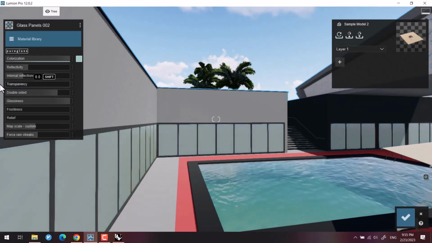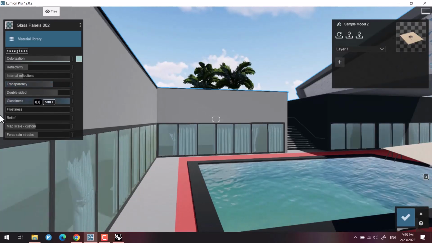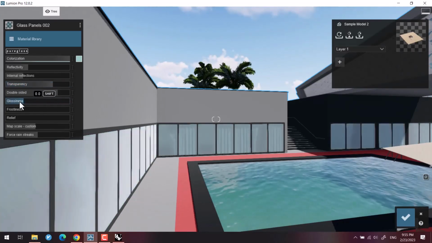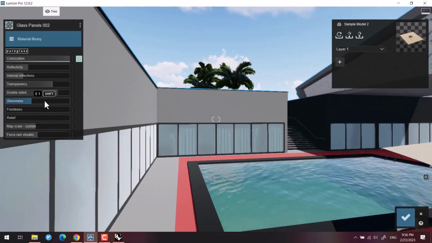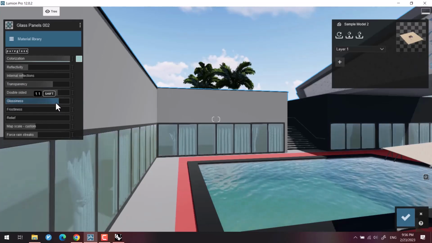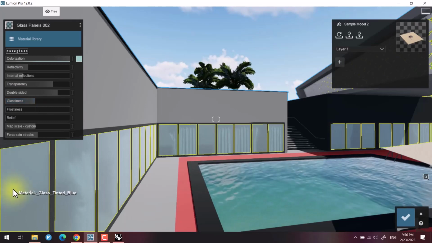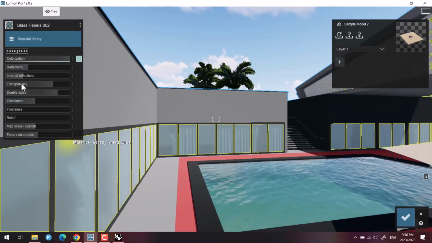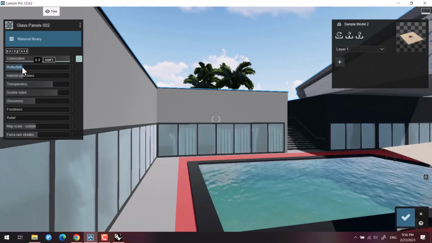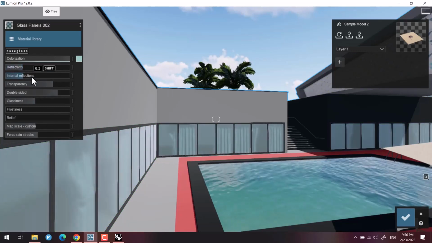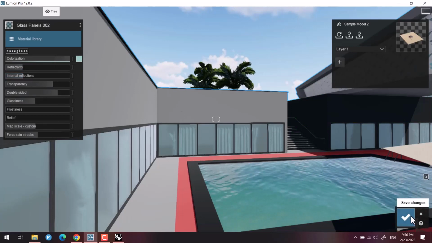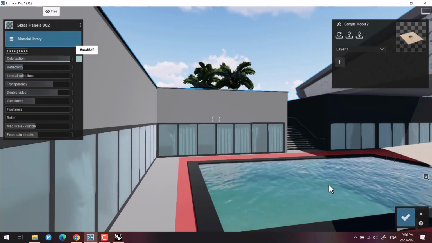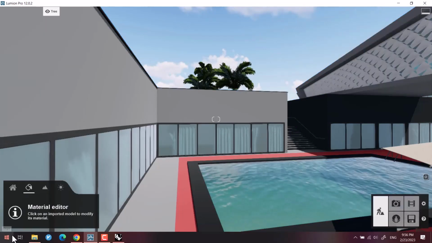With this option, I can change my glass into something completely blurred. We could work with glossiness. It's going to be clearer when it is exposed to light, and a few other options. And when we have our options confirmed, we can click on the Save Changes section right here. I save that, and if we decide to change it again,